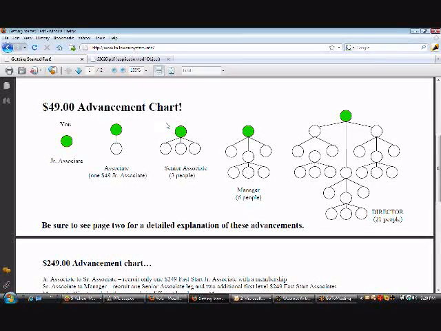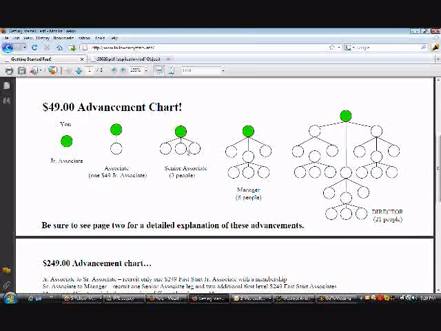Okay, so I'm going to skip down to the $49 advancement chart. I'm going to show you how to build and how exciting this gets as we go along with income and synergy and energy in your team as it grows. We all start out as a junior associate. The minute you sell a membership and associate at the same time, you become an associate and you move to a $69.14 payout for your initial three sales.